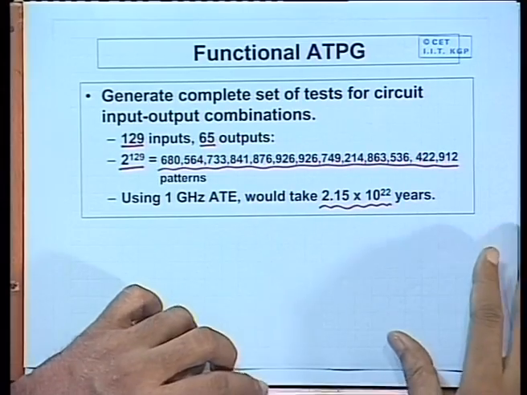So, what people normally do, they use this functional ATPG with some kind of intelligence, some kind of intuitive experience regarding what kind of faults can occur in the circuit and what kind of functional behavior you can expect in the presence of faults. So, based on design experience, they try to design the input test set. Okay. Fine. Now, the other alternative,